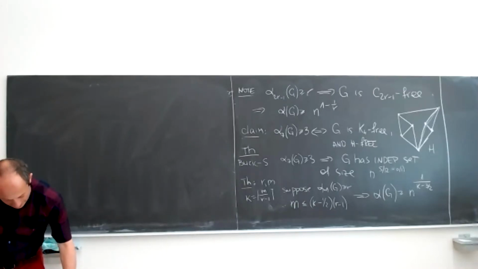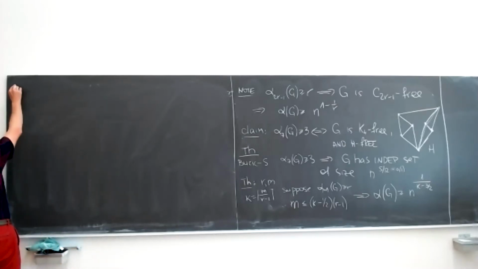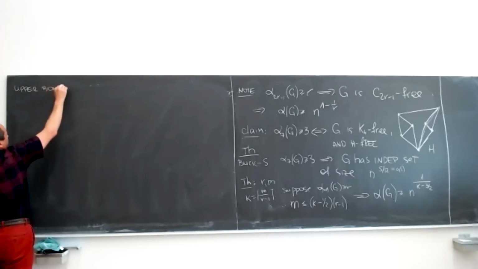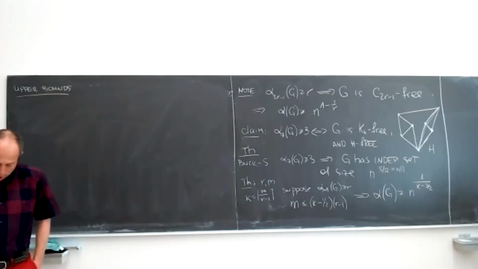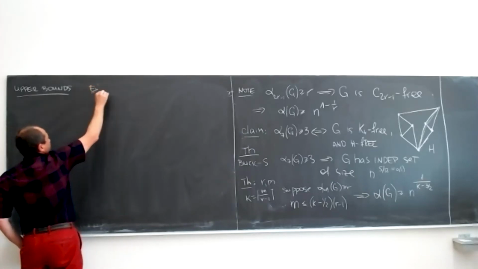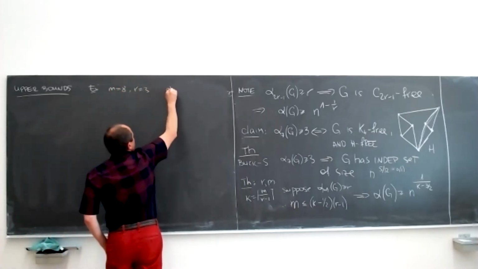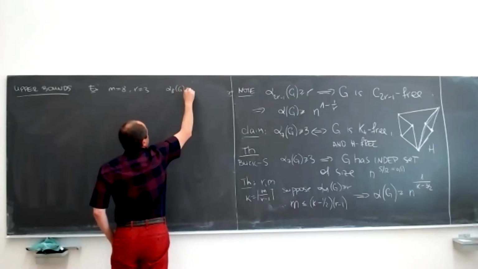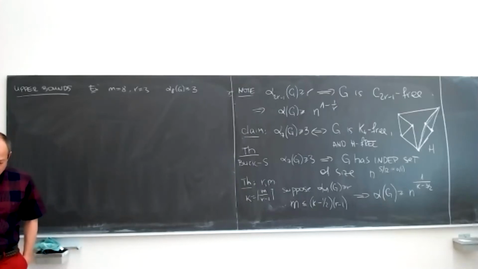So again, I'll start with the approach of the upper bound, Linial and Rabinovich. And then I'll give you some additional ideas one can put in to improve. So let me start with an example, the case m equals 8 and r equals 3. So alpha 8 of G is at least 3. So I want a graph in which every 8 vertices have independence number 3, but which does not have big